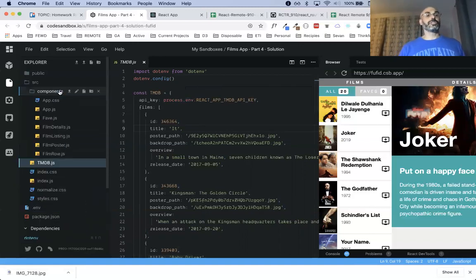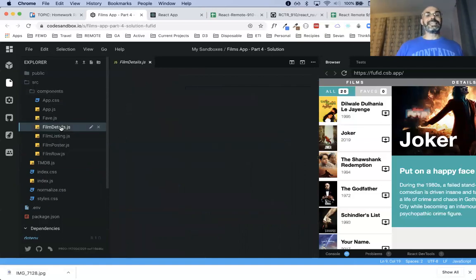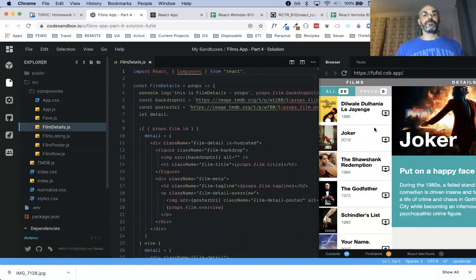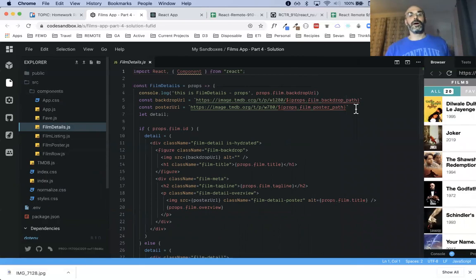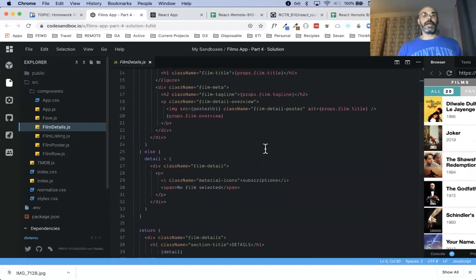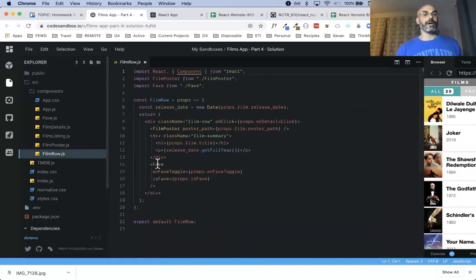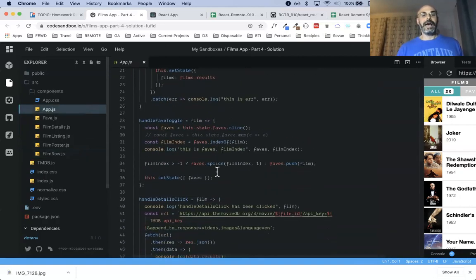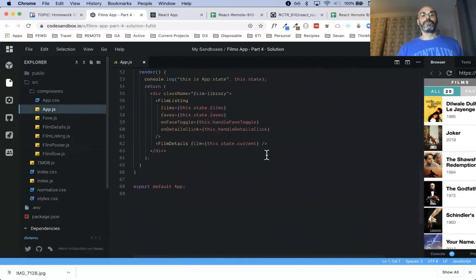And then it was just a matter of going into film details, right? It was in film details that we had to, this was completely empty, really. It just had a little bit of text to start off with originally. And in film details, we would put a click event on, I'm going to go to film row because that's where the click event would happen, right? Hold on. App is passing down to film details.